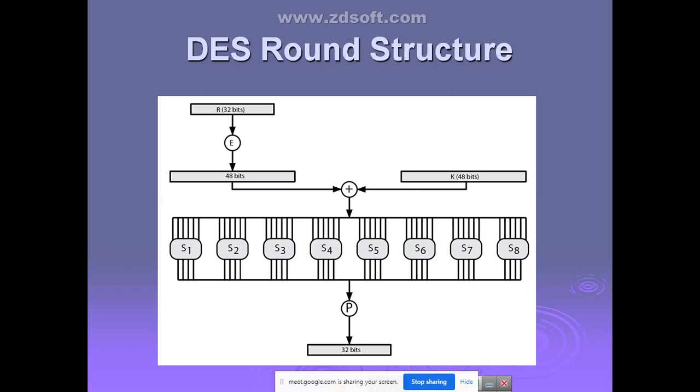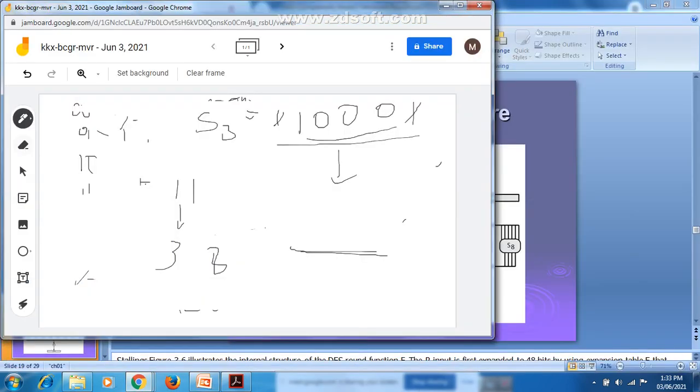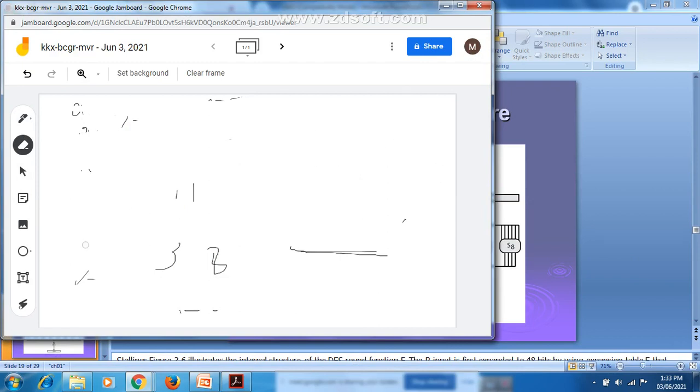How the S box is going to work in the round structure, right? Now we'll see how the expansion table works. The expansion table is going to consider 32 bits of data, and it is going to expand it. After expanding, you are going to get 48 bits. How can that be done? How is it going to expand that particular data to get 48 bits? Whatever the input is, I will show it with an example.